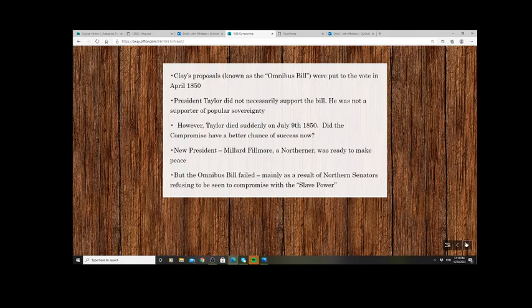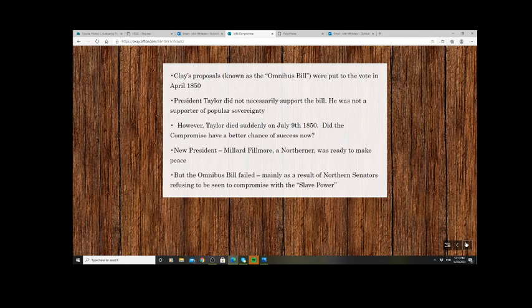So it looked like there had been a logjam. How were American politicians going to overcome this lack of desire for compromise? Well, Taylor dies right in the middle of debates about the 1850 compromise. Henry Clay loses the vote. He goes home back to his state of Kentucky. He is of the view that the success of the compromise of 1820 is not going to be achieved in 1850. But when Taylor dies, it opens up a new opportunity because the president who replaces him, the vice president,